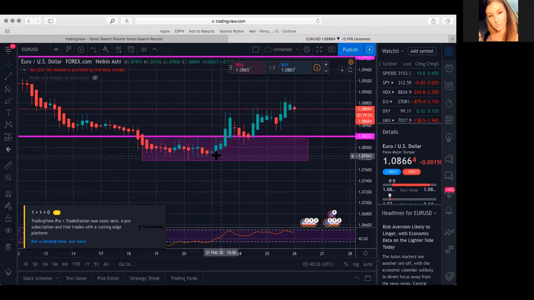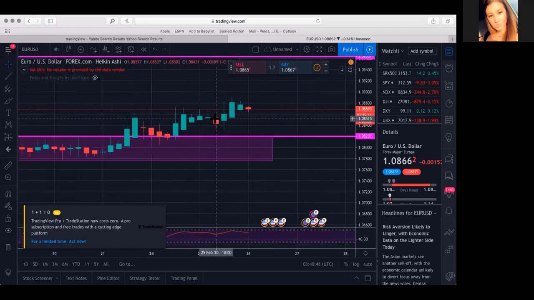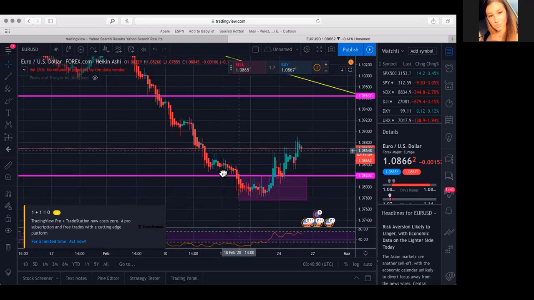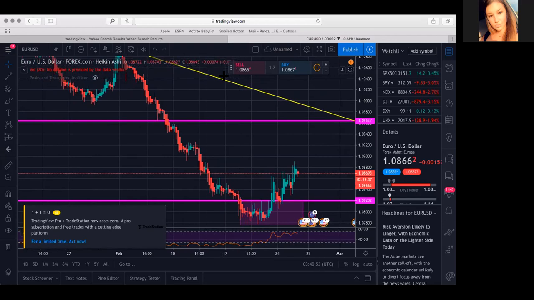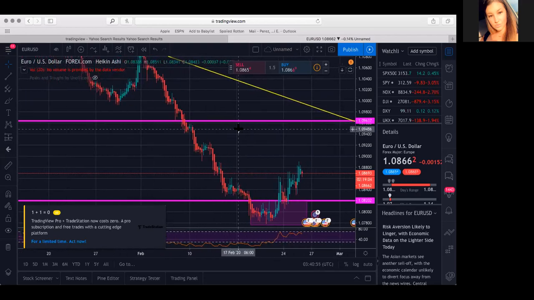So I'm drawing my box and then I'm waiting on one of these candlesticks to just break out of the box and tell me I'm about to go up. So literally this candlestick is going to tell me I'm heading into an uptrend. So even though our trend line is still in a downtrend overall,